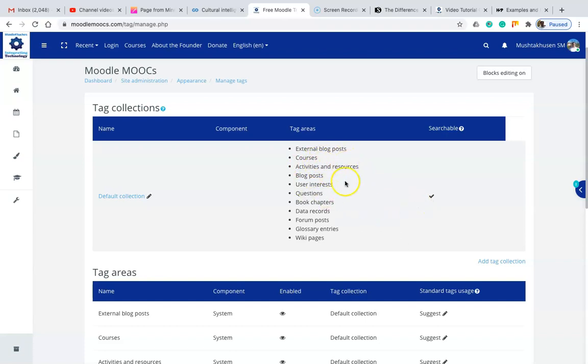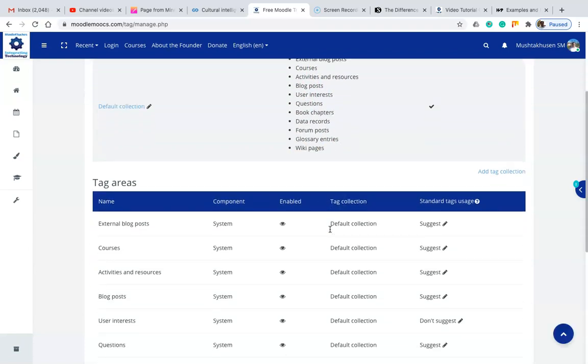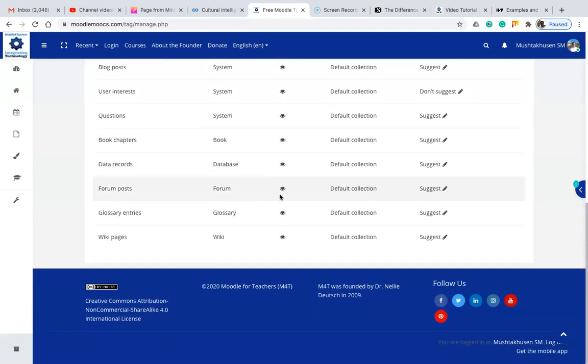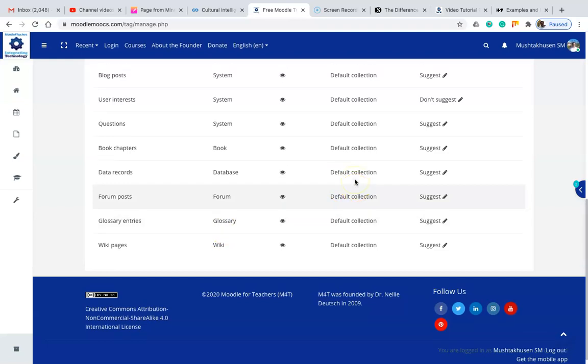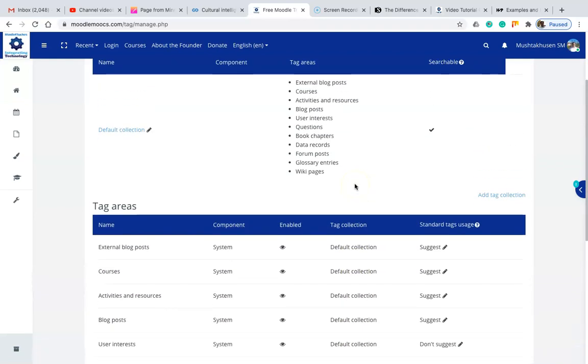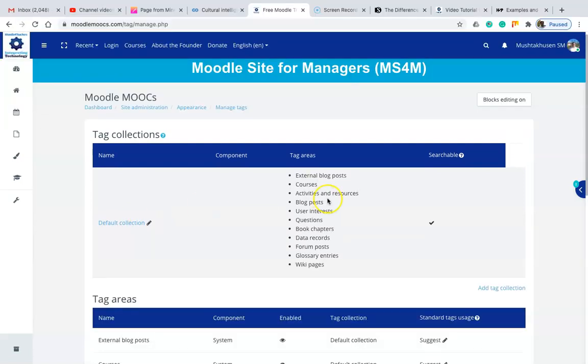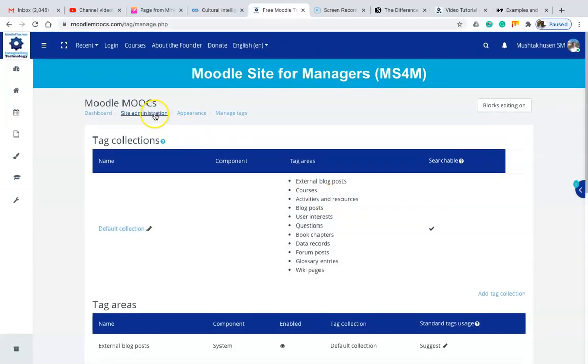All these tag areas are searchable, so you can search them on the website. Then tag areas: external blog post, suggest, then courses, okay. So these are the tag areas, and you can make these changes, right? So this is the default collection. This is all about appearance.